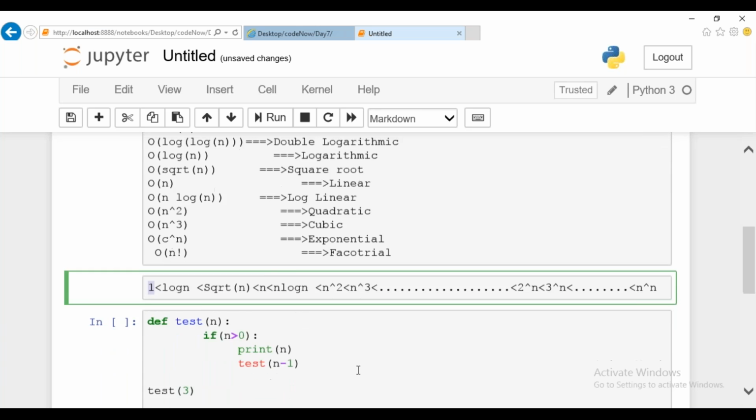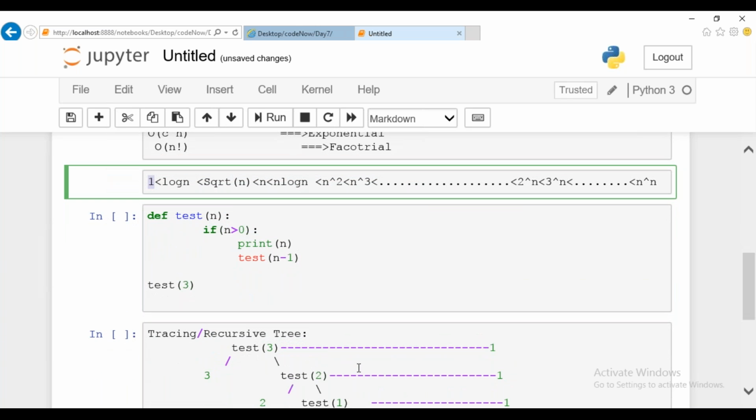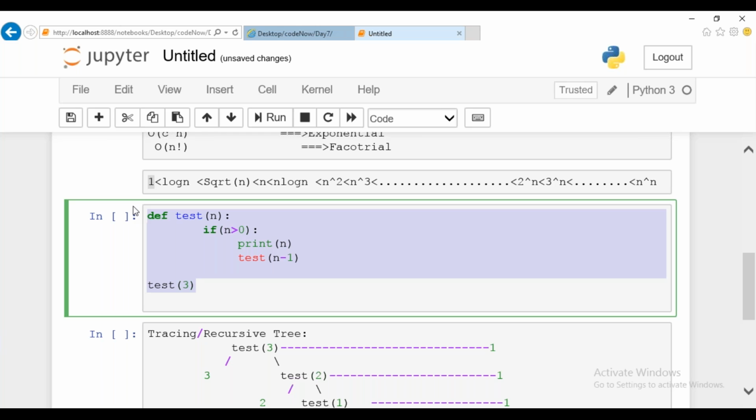Apart from this, there is one more method we have seen. That is nothing but I can find the analysis of a program by using a tracing tree. One method is by finding the expression and doing polynomial. The other is by using a tracing tree. Even yesterday, for the Fibonacci program, we have seen about the tracing tree, how to do it, right? So tracing tree is very simple. I guess you people could remember this program.